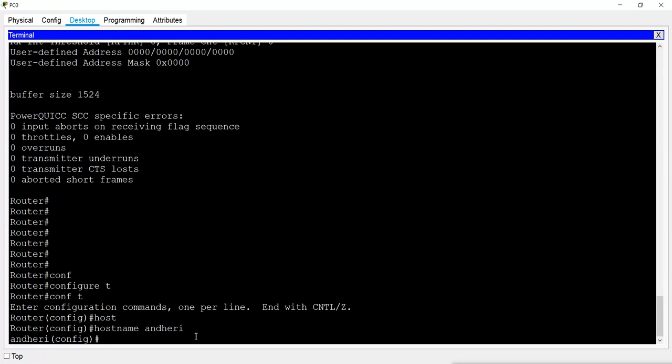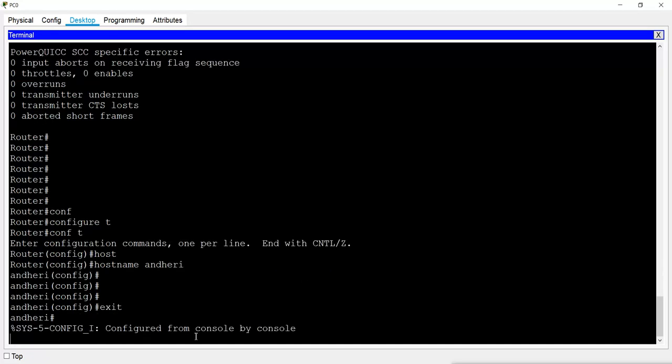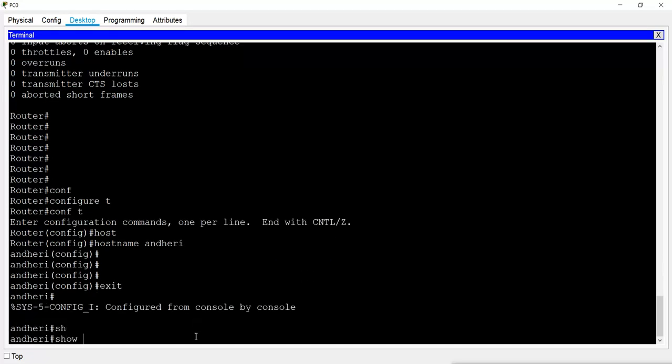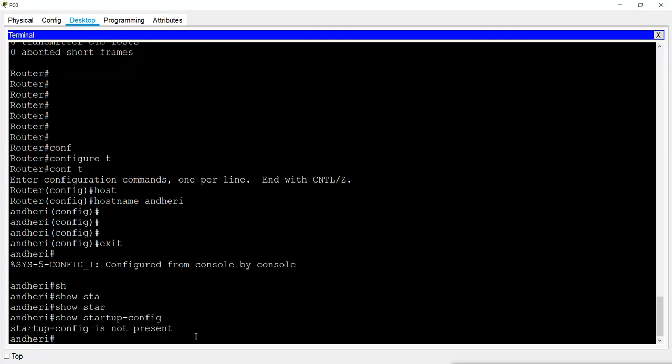And now it shows the name which I configured. But remember, this change is only in RAM. It is not saved, and when I restart my router, it will go back to the default. If I exit from here and say show startup-config, it says there is no startup configuration.